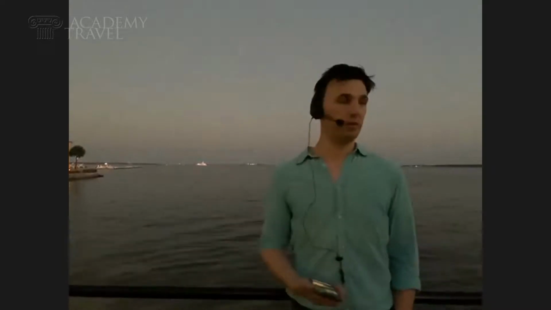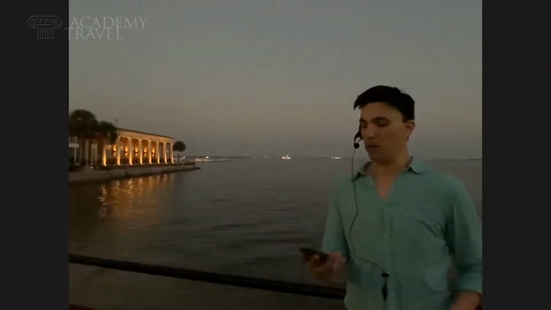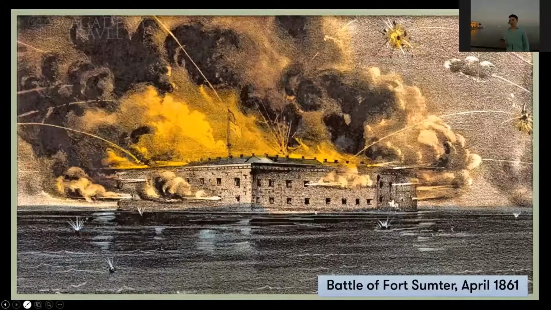So in order to keep the fort in supply, the Union Army must send ships down to South Carolina to supply them with food and powder, all sorts of things. The Confederate Army is increasingly annoyed by this. They want Fort Sumter to be handed over to the South Carolina State Militia because it is on South Carolina's land. This is a step to which the federal government is unwilling to go, and eventually fighting breaks out in April of 1861, the famous Battle of Fort Sumter, in which the fort is bombarded from all sides by those other forts on the South Carolina land side.